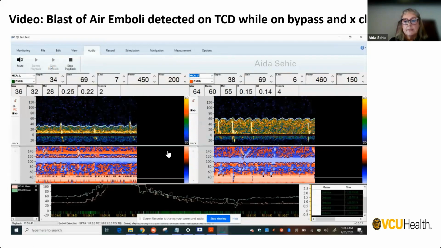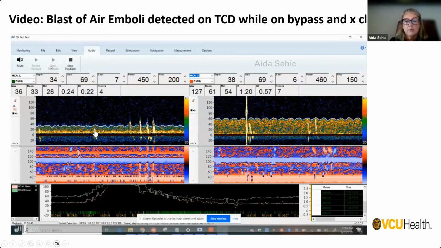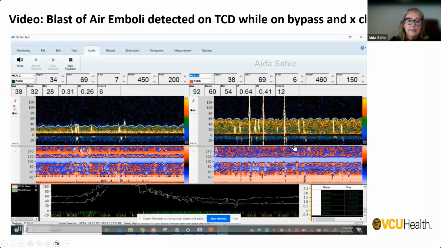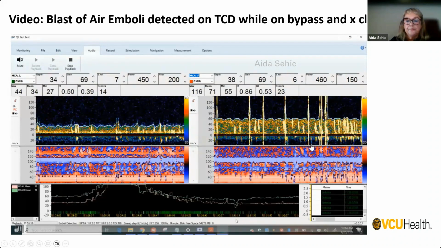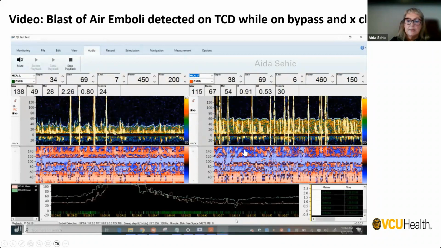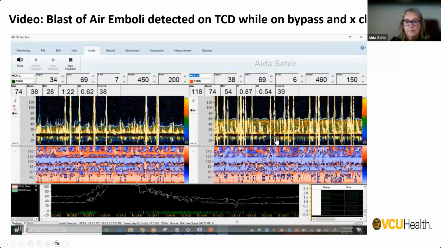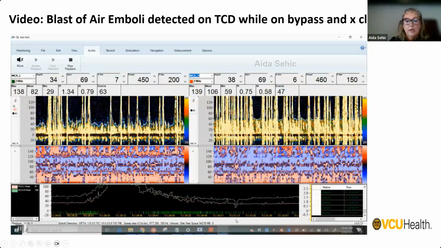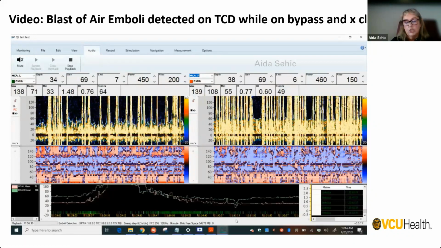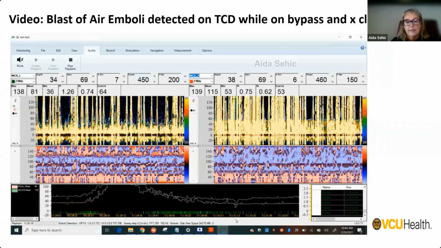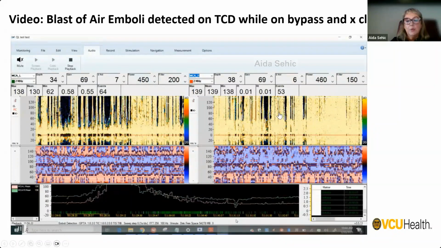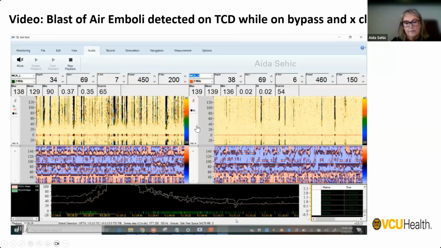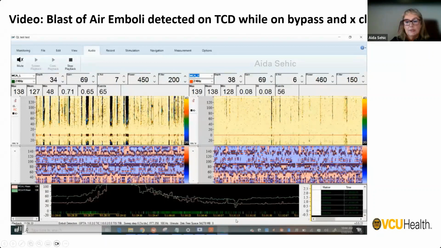We are on bypass. Cross clamp is applied, so flow from the middle cerebral artery is non-pulsatile. Suddenly, single air emboli appear. With time, these intensify to so-called shower, and then to so-called spurt. Now the whole OR team is alerted to initiate a search for the source. At this point, emboli are turning into so-called blast, with the whole screen turning on. With the rapid search, the perfusionist